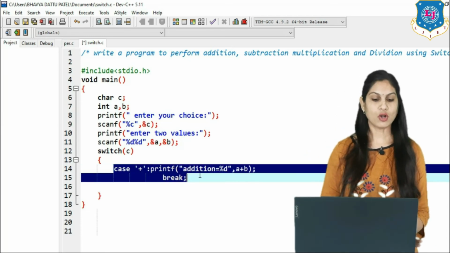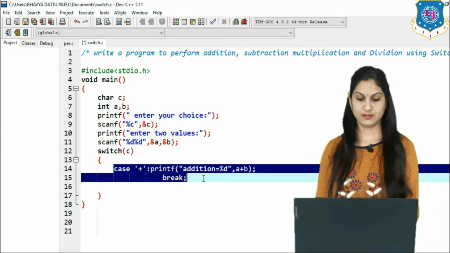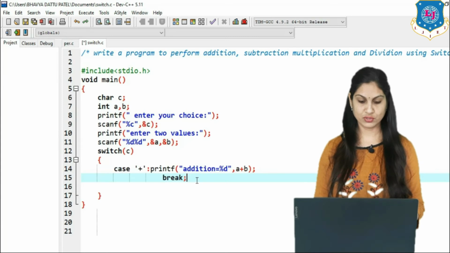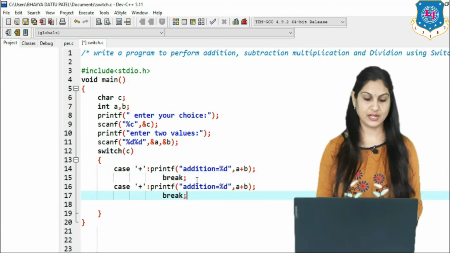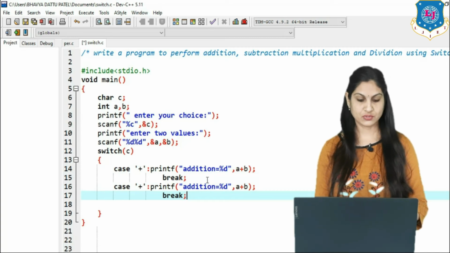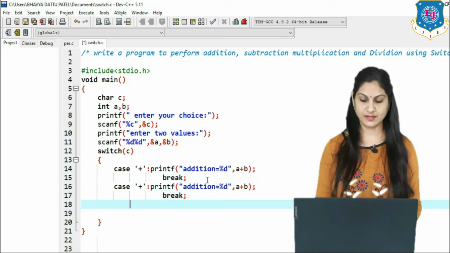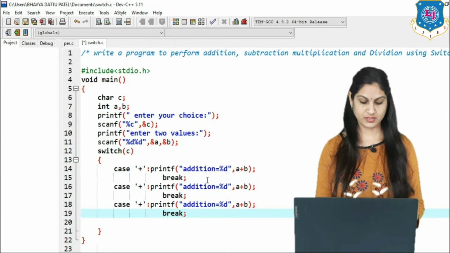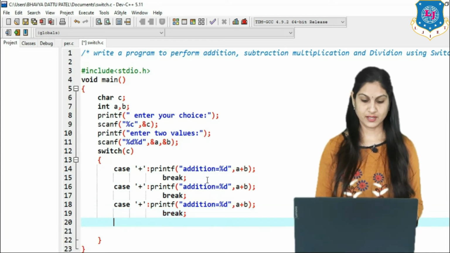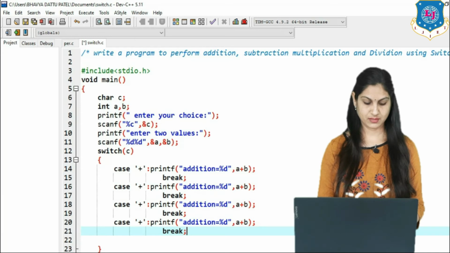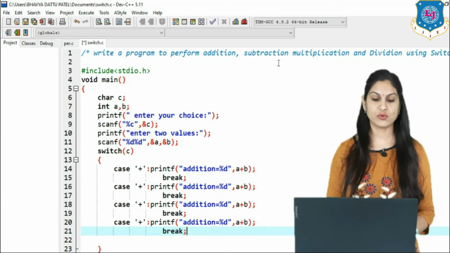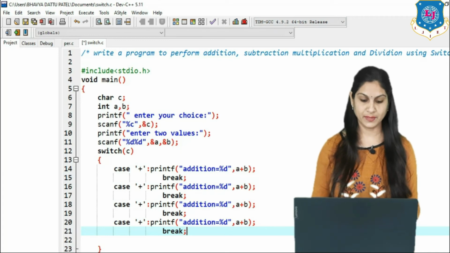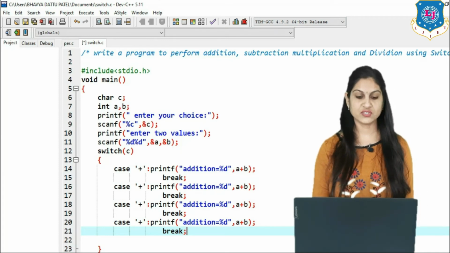Now you can simply copy this case. First select all, then Ctrl C, click on it and then put the cursor where you want to place it. So Ctrl V is there, again enter here, just Ctrl V, again at that place Ctrl V. So no need to write again and again, because you have the functionality of copy and paste in this software, and just change the sign.